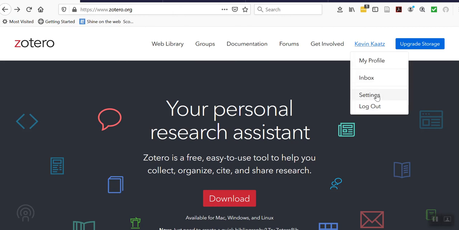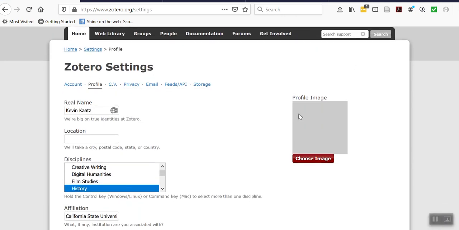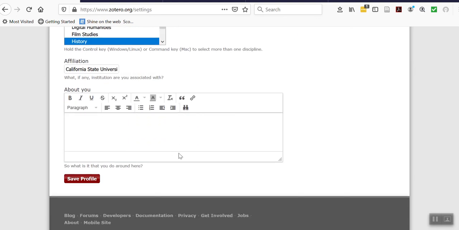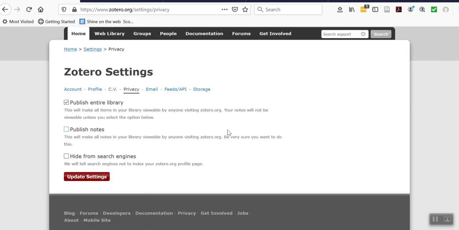You click on your name, go to settings. And then there's lots of things. You can put an image of yourself, talk a little bit about what you're doing. But then go to privacy. Now in the privacy settings, I have clicked on publish entire library, and that's what I want you to do